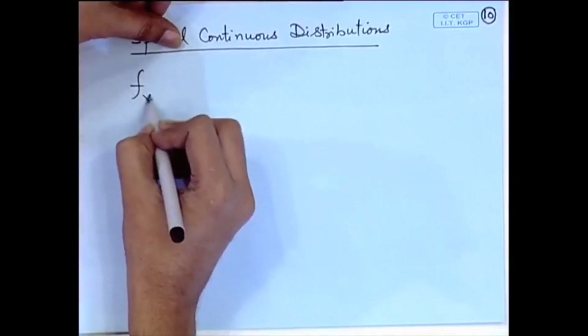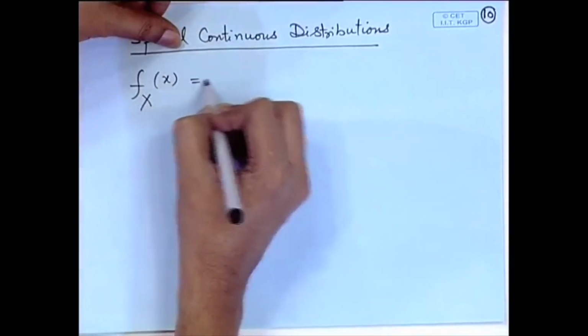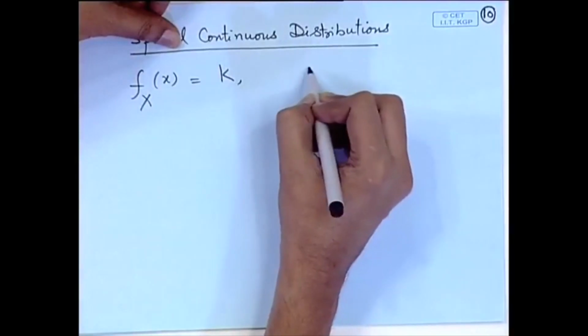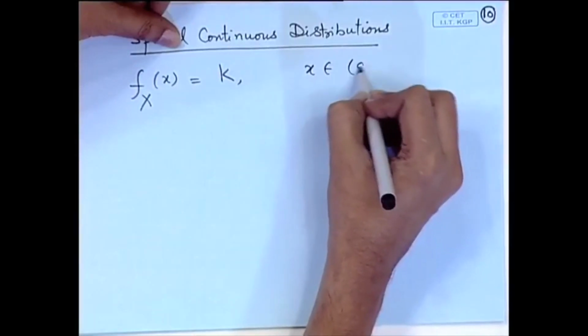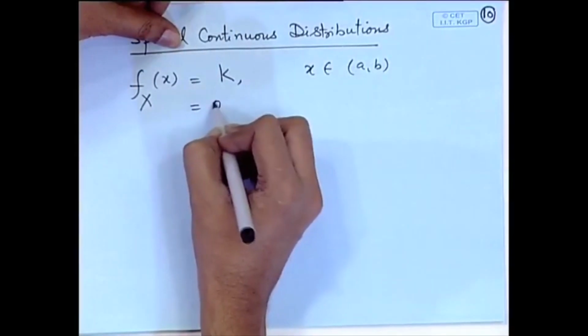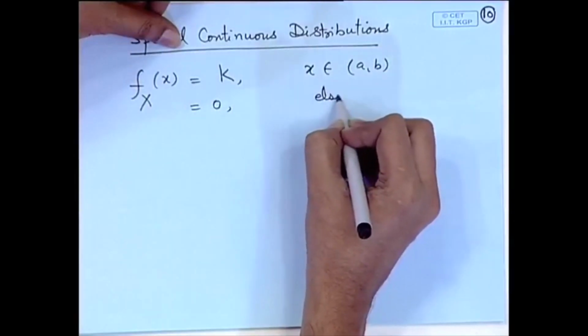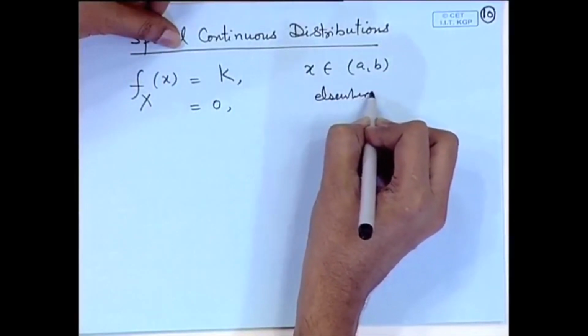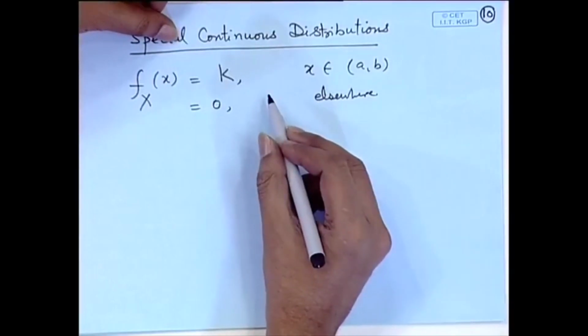So, if we consider this portion of the pen, then in this portion the density, the weight, the thickness or the width is constant. So, if the density is a constant over a certain interval, say a to b, and 0 elsewhere,